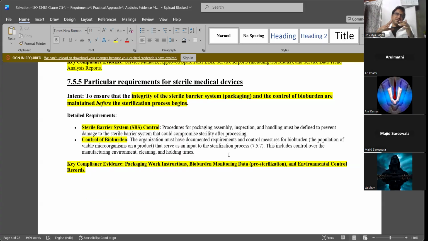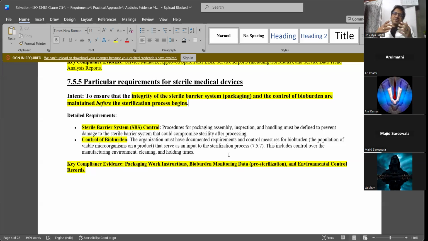are you getting my point? You also need to check periodically what the bioburden is on the device before sterilization, and after sterilization, what the bioburden is. Similarly, the endotoxin. As I said repeatedly, if you reduce the bioburden as low as possible before sterilization, it is good.